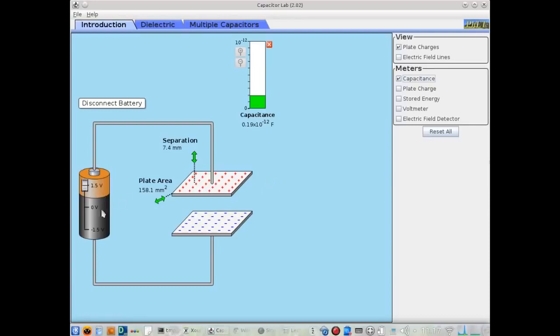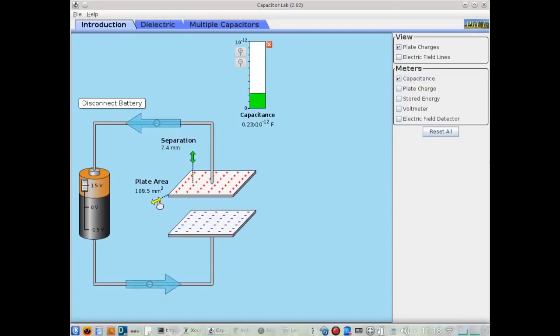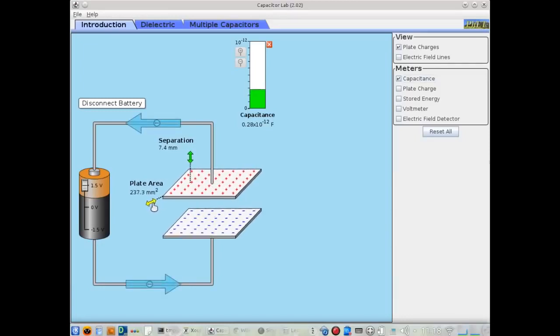Now remember, the potential difference across the battery is 1.5 volts, and at this point no more charge is moving. The potential difference across the parallel plate capacitor is also 1.5 volts, and that isn't going to change. No matter what I do to this system, I'm not going to change the electric field inside of this. I'm not going to change the potential difference across this. But what I can do, of course, is I can change the capacitance and I can store more charge